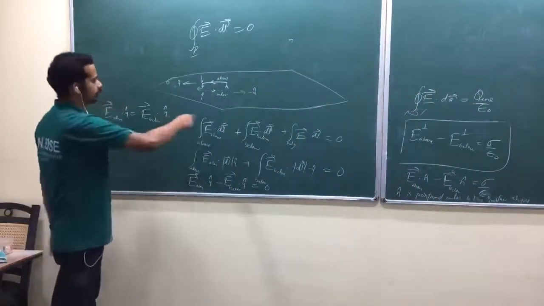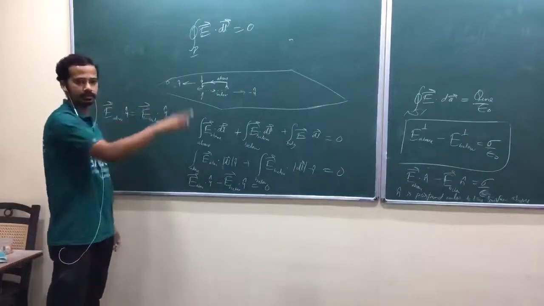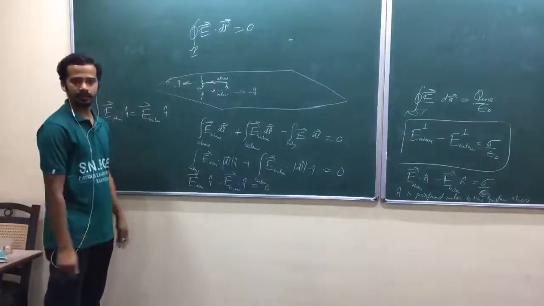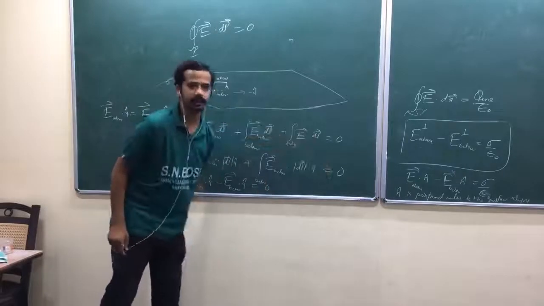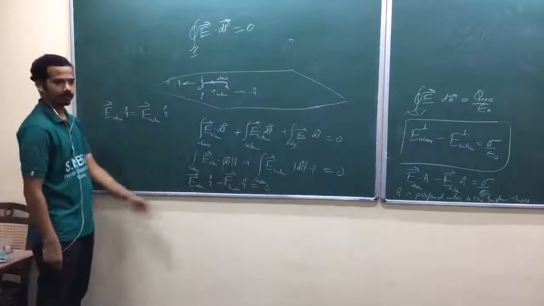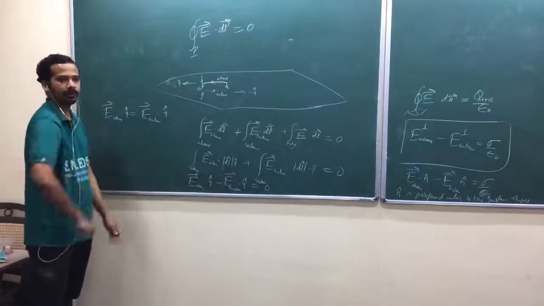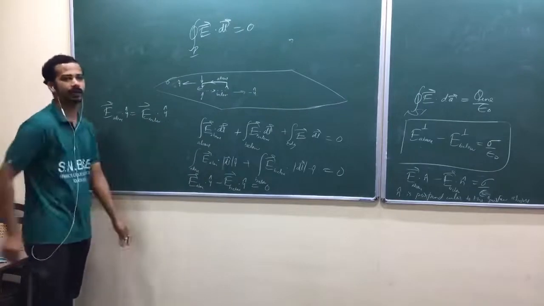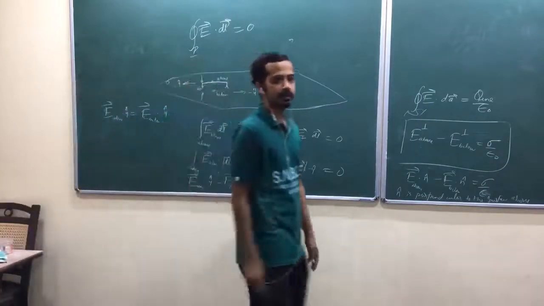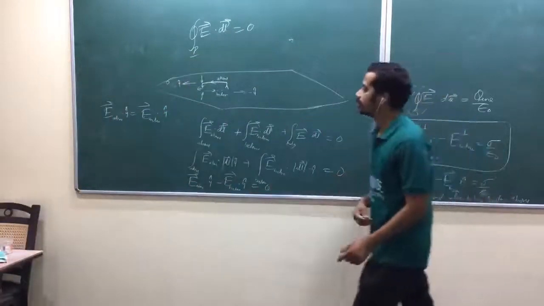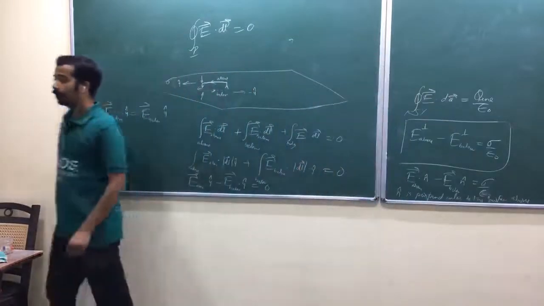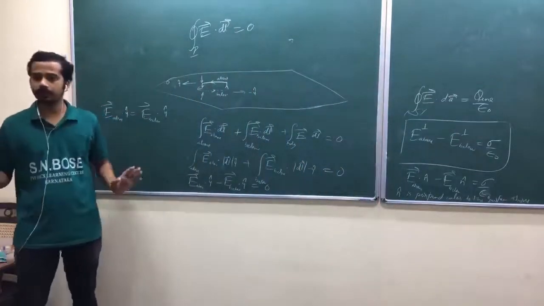What is this one? This is anti-clockwise. You can take clockwise also. Is that okay? Then it will choose the electric field in this direction. That's it. That y cap and minus y cap may be inverted, but this equality will be valid. What is y cap? Y cap is the unit vector parallel to the plane. Can I say like that?